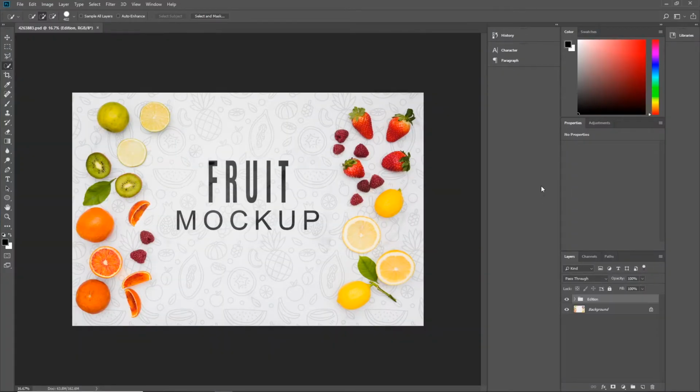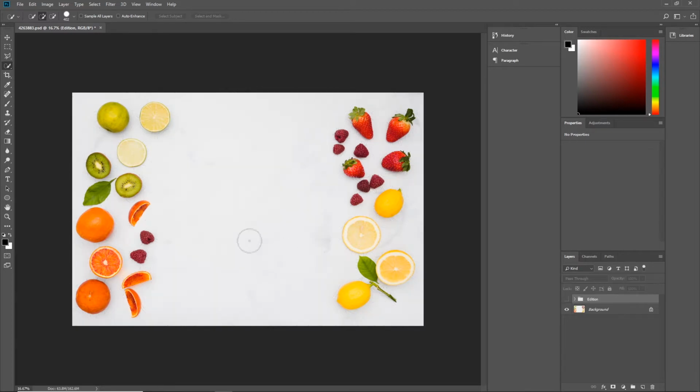Like so. So right now, we will have to create some kind of selections to get these fruits onto separate layers. And I'm going to provide what I am going to do right now in the description, but you can follow along if you want. So I have these two layers. One of these is the edition, and I'm going to hide this because I do not need the text. And I have the background, and I am going to duplicate the background with Ctrl J. You don't need to duplicate this, but I just prefer to work like this,